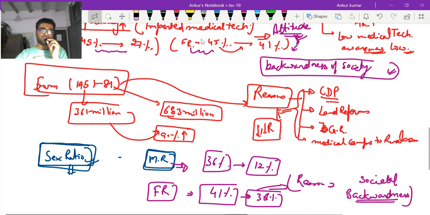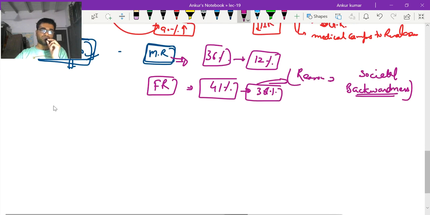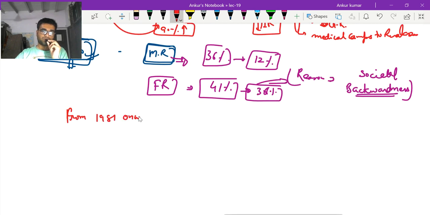Now we are moving on to the next phase, from 1981 onwards. In this phase, the population growth has reduced, but the overall number continued to increase because the population base was very big in India from earlier phases. Here, the fertility rate started declining